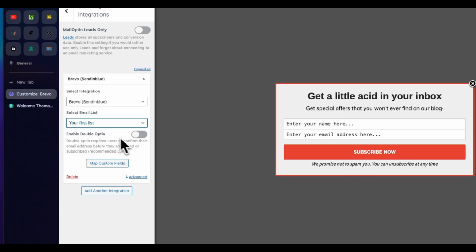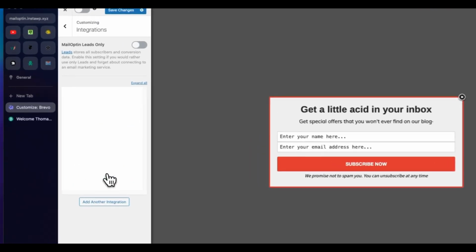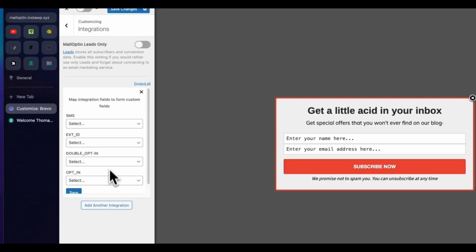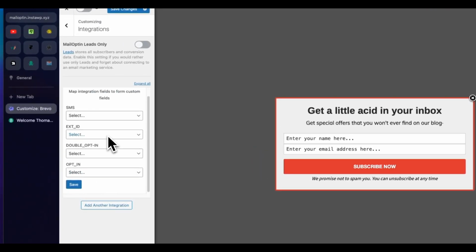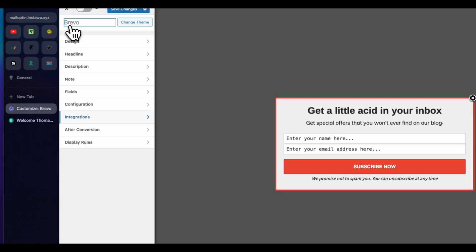Now, we don't want to enable double opt-in, so I'm going to keep that off. And if we add custom fields, we can click on this button to go ahead and map them. So if we take a look in here, we'll see a number of different fields from Brevo, which we can map to our MailOptin fields. So once we're done with our integration, we can go back and move on to the next item, which is